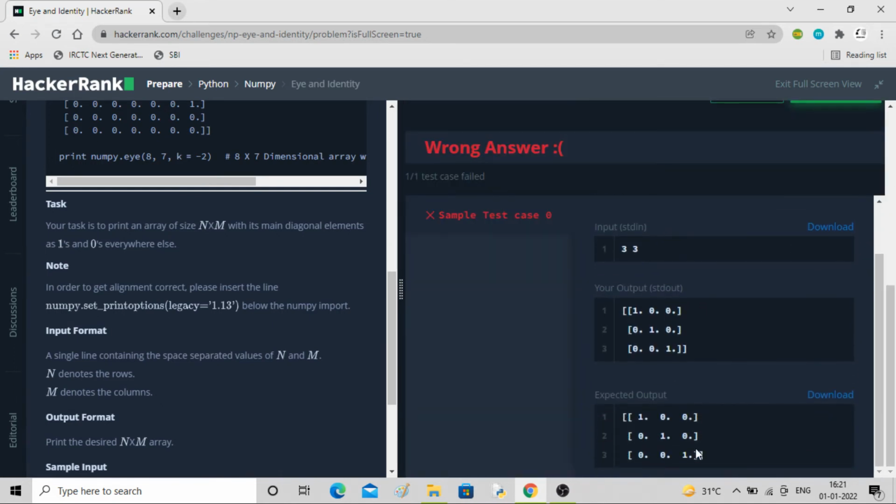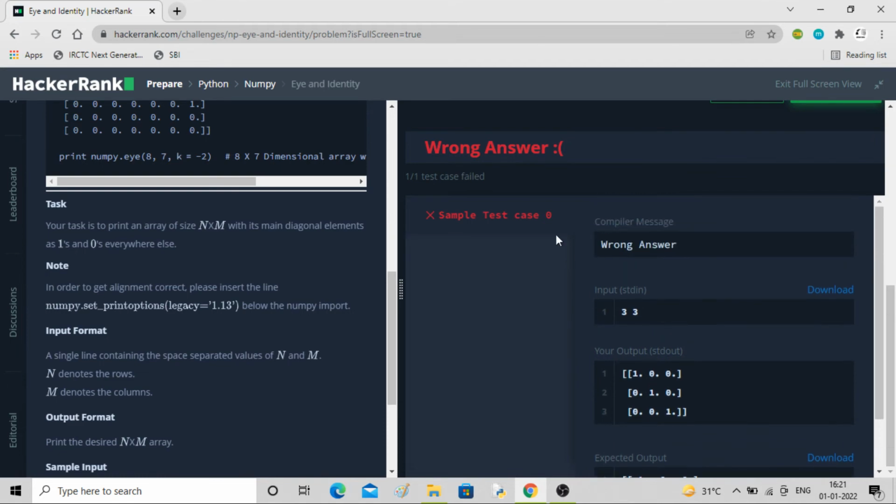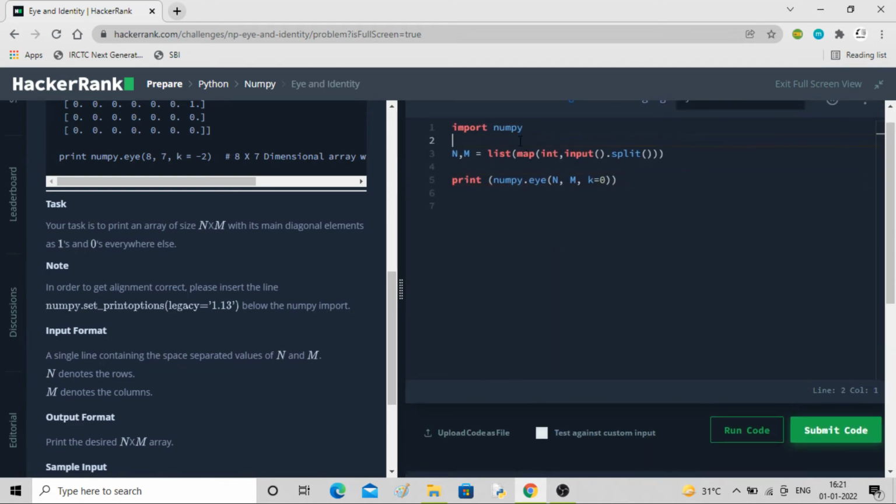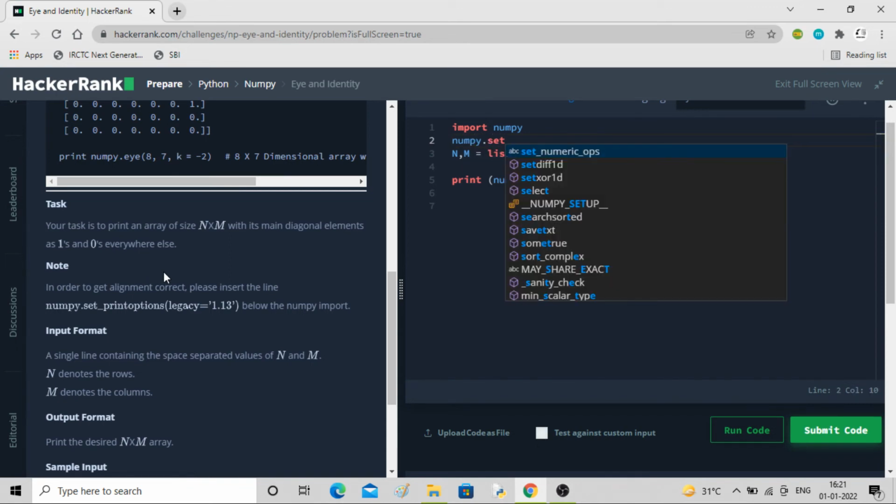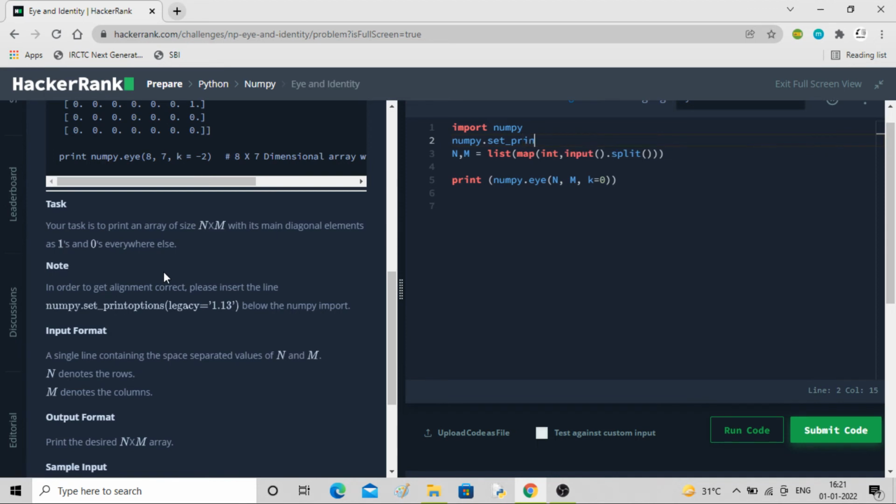but the case is not passed. You can see they almost look alike, but we have to fix the alignment, right? It doesn't look aligned the way they require. Our output doesn't look like that. So below the import we have to add this: numpy dot set print options legacy equals 1.13.